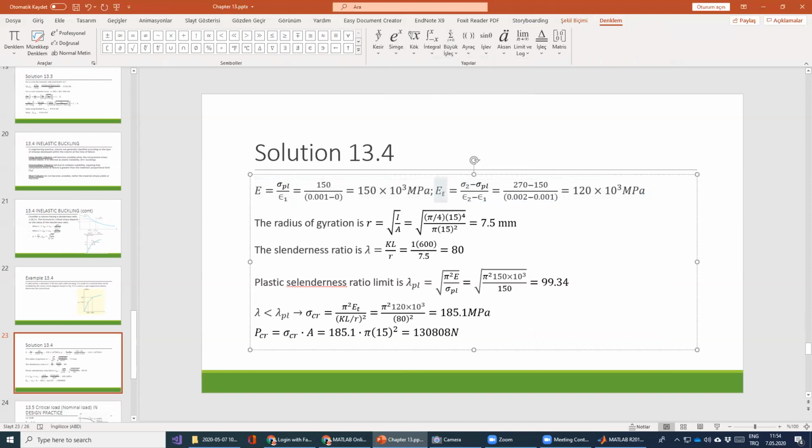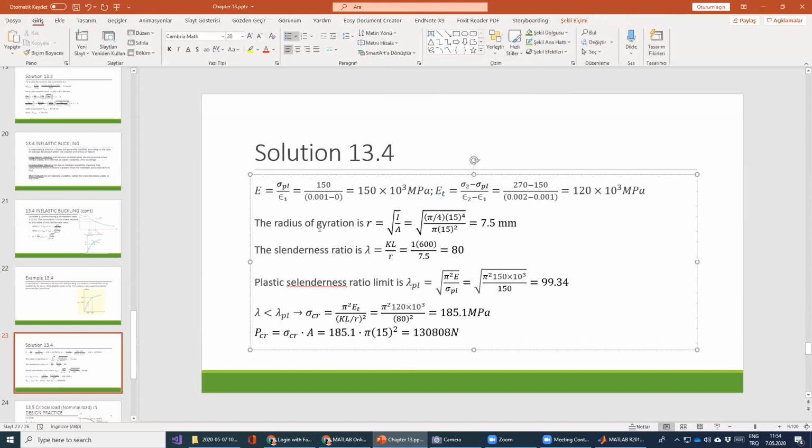80 in here, this is megapascal. Now I will calculate the radius of gyration. You remember the radius of gyration is the square root of I divided by A, where I is the moment of inertia of the circle shape. Maybe you remember or you don't remember, maybe I can remind you that